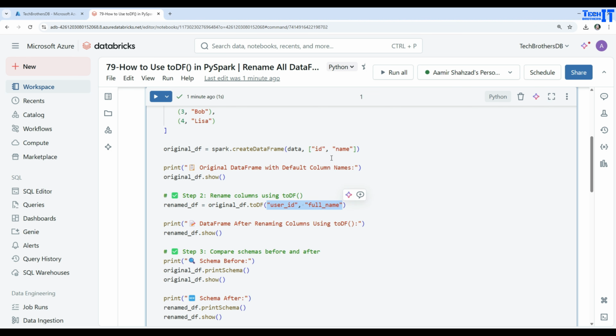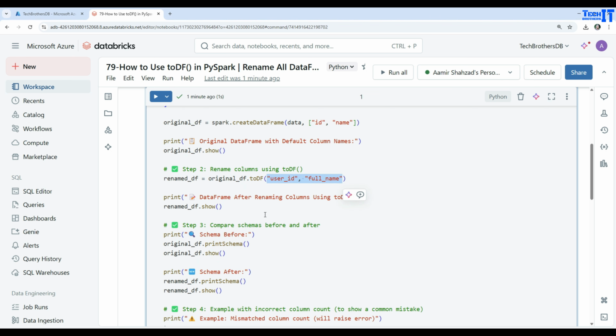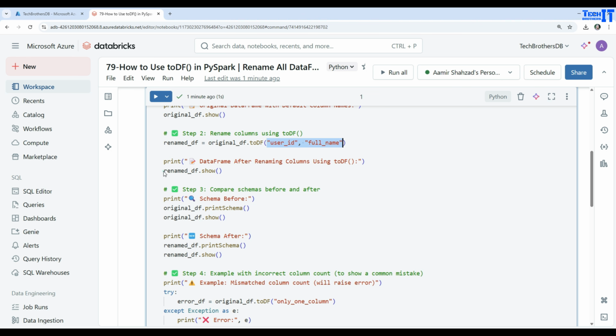So I'm not saying full name here and then user ID here. Keep it the same way, because it's going to take in a sequence and then rename them as is, so you want to keep them in exactly the same order. Once we are done, I'm showing you renamed_df, and here I'm just printing the schema before and after. So original schema printSchema is going to show us the schema here, and then renamed_df printSchema is going to show us the schema after we have applied the